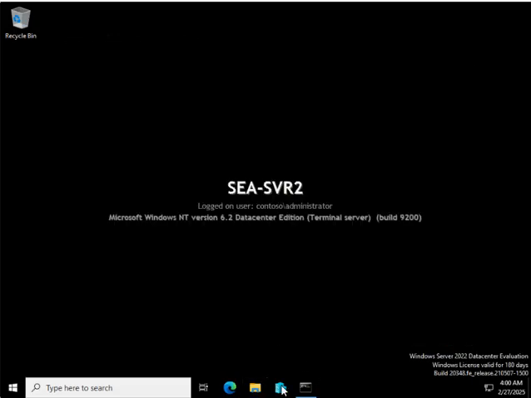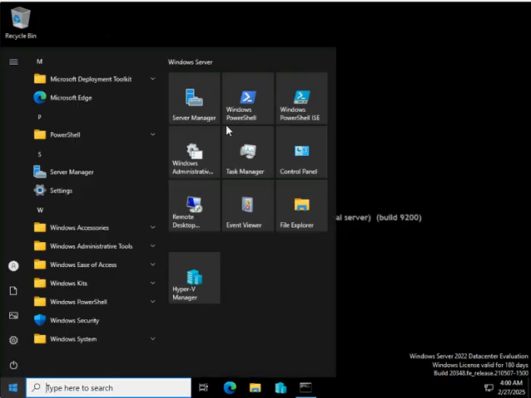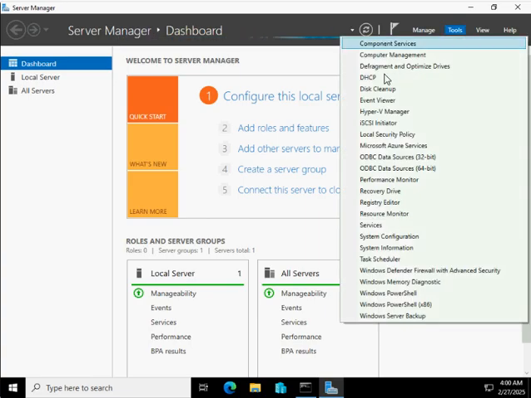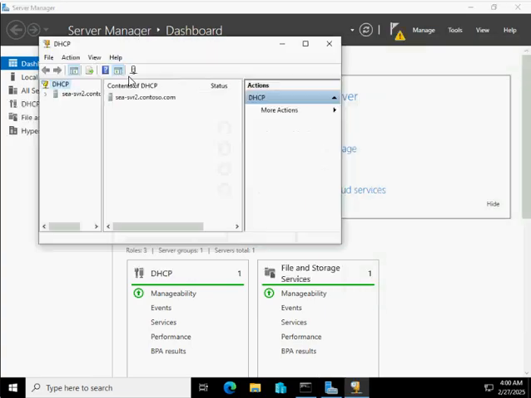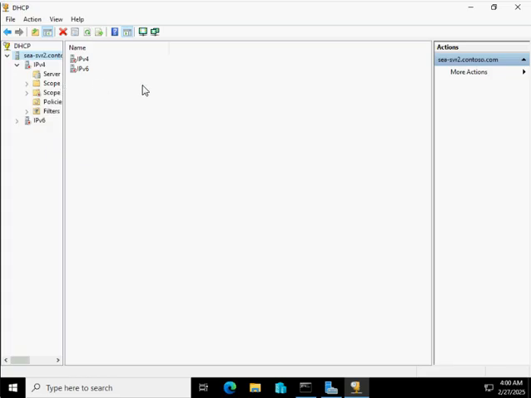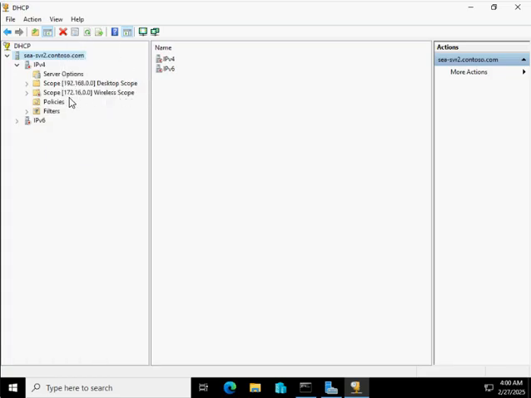Now you go to your server manager and check if the entire data is copied here or not. Under your scope, you can check, right, if the scopes are copied, and the state of the scope: you can see this one is again disabled and this one is in enable mode.